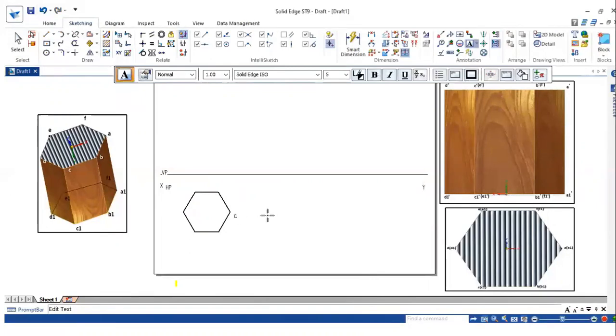So it is A in bracket A1, B, B1, C, C1, D, D1, E1, F, F1. I want to represent the center.